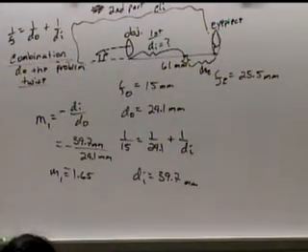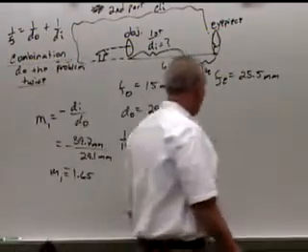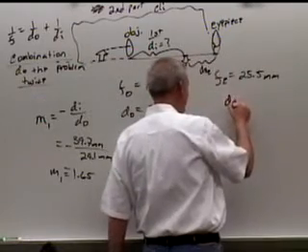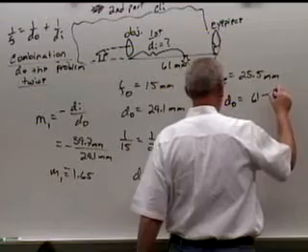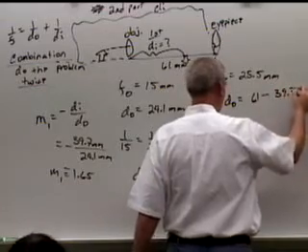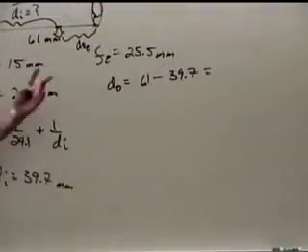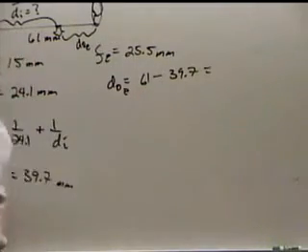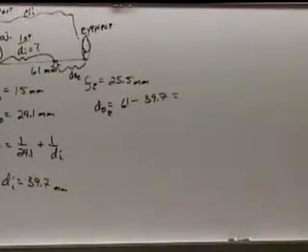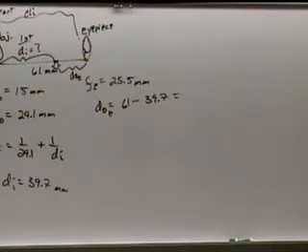So, we just do the same thing again. But this time, we need the distance of the object is 61 minus 39.7 away. That's our new distance from the eyepiece. Okay? Which comes out to be what? 20.3